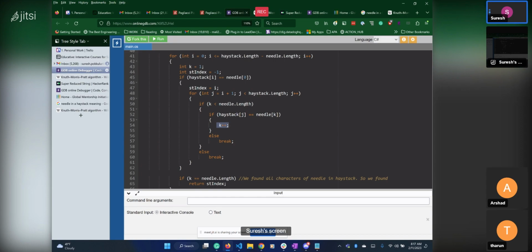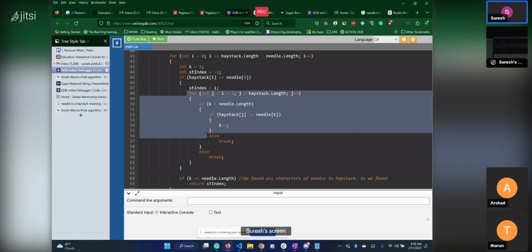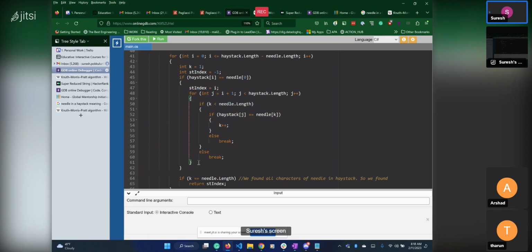Now, if both characters are matching, then we are breaking. If we did not match, we no need to do this. That's why, let's say if we encounter a character which is not even in the needle, that means we can entirely break this loop, right? And then if the k is less than, another problem here is, if k becomes needle